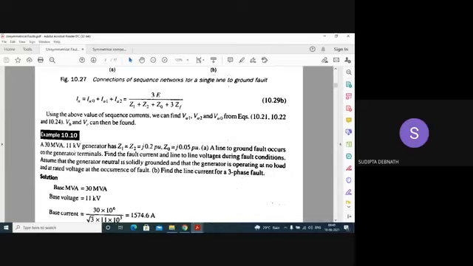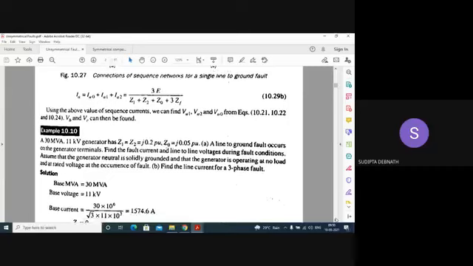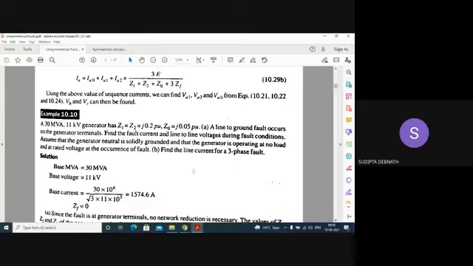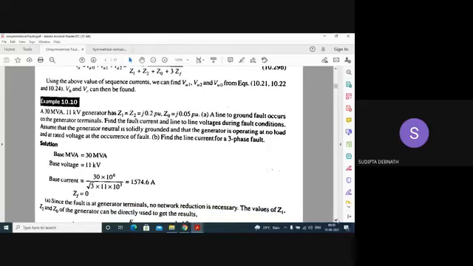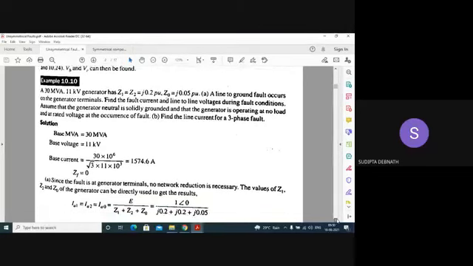Now let us consider what will be. We have to calculate everything on per phase basis. Okay. Now base voltage, you will consider this one. This will be the MVA. So base current first you find out. So base current is this one. Now ZF equal to 0 because neutral is solidly grounded. Now as the fault has occurred, you can consider fault has occurred in phase A. So according to the derivation, you will write this equation IA1 equal to IA2 equal to IA0 equal to this one. Only thrice ZF will be absent as ZF equal to 0.